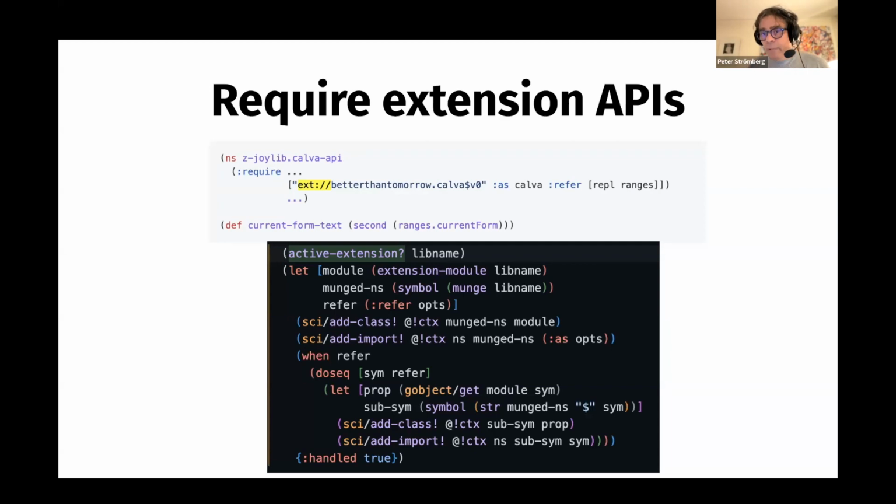So the REPL namespace, that module, lets another extension use Calva's REPL connection and evaluate code on it and such. And the ranges one reaches into Calva's functionality for figuring out Clojure code ranges, like the range for the current form, the range for the top level form and stuff like that. So it's very handy when working with